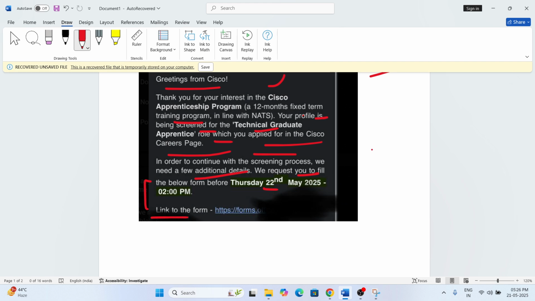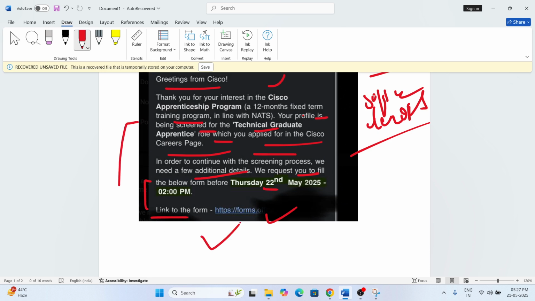In the survey form, what will happen, I will suggest you, there will be different job roles, like whether you are applying for software intern, and there will be a DevOps job role also. So basically you have to choose the job role. If you want to go as a software intern, DevOps, or blockchain, cyber security, there will be different job roles. You have to select the job role there, right? On the basis of the job role, you will get the online assessment. So basically this is the first step.